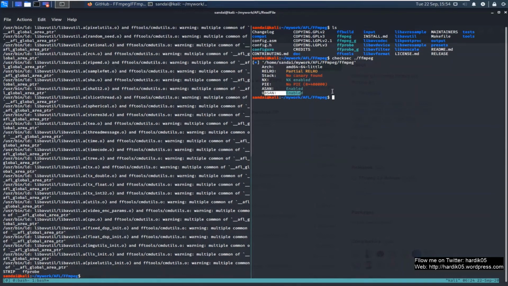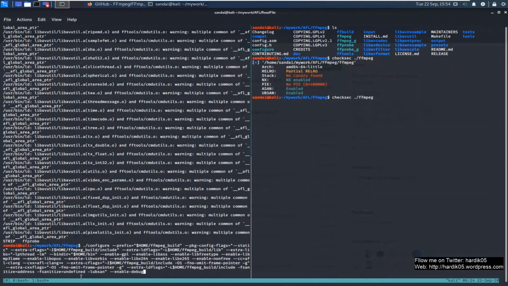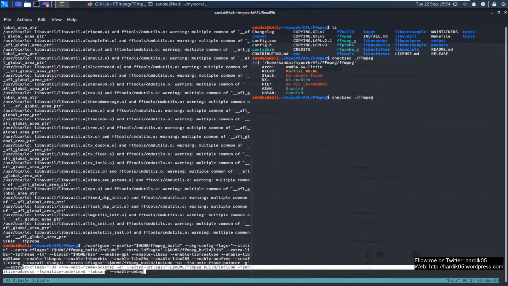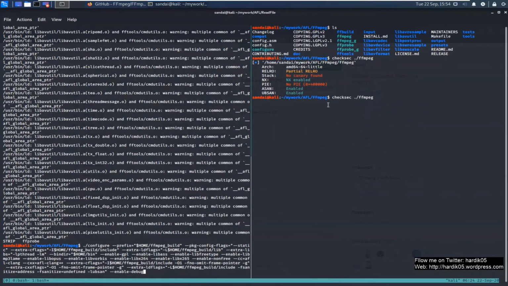So it means that the flags which we gave during compile time are working perfectly fine, and we can just see the command once. You can see that these are the flags which we gave over here. So it seems that it is working perfectly fine.